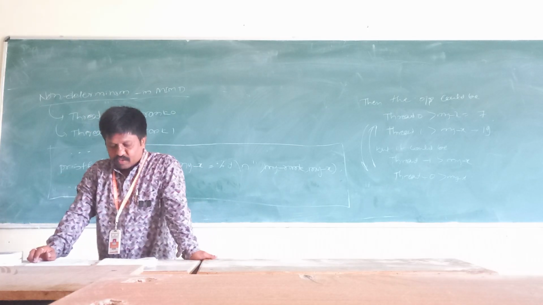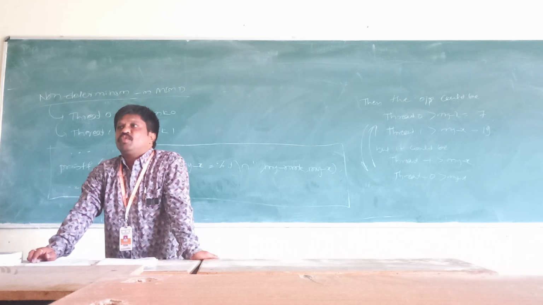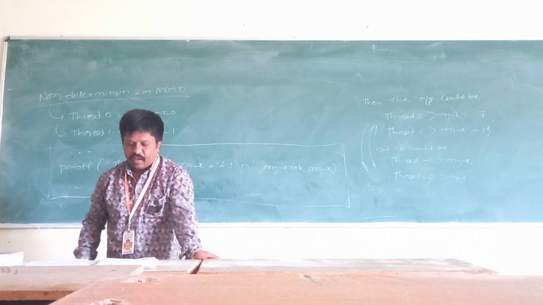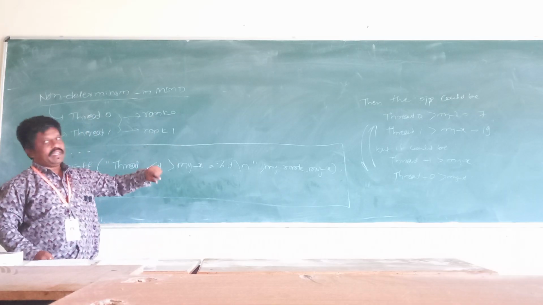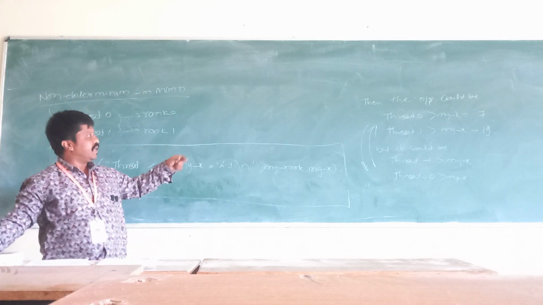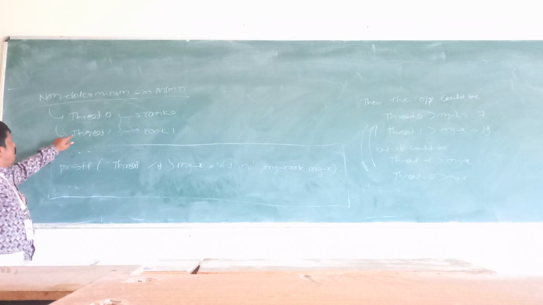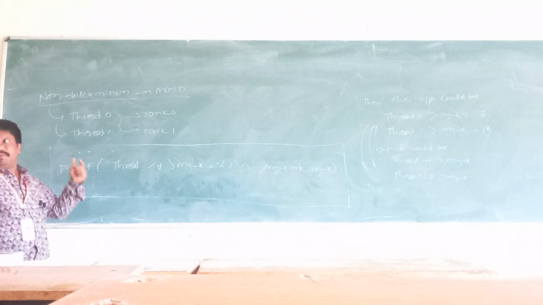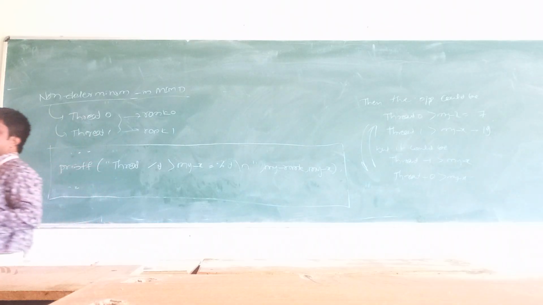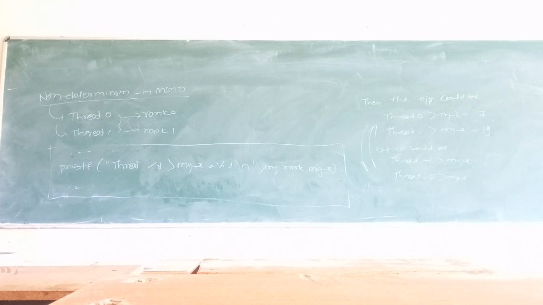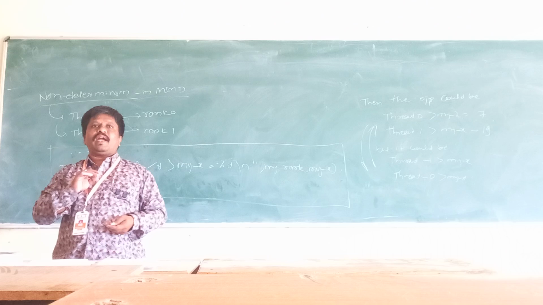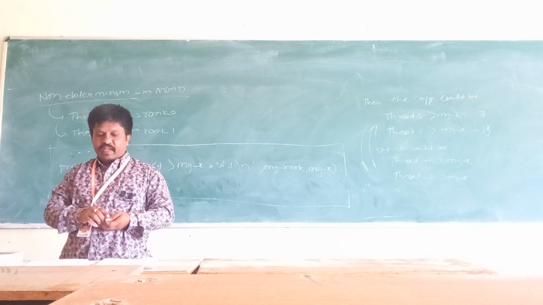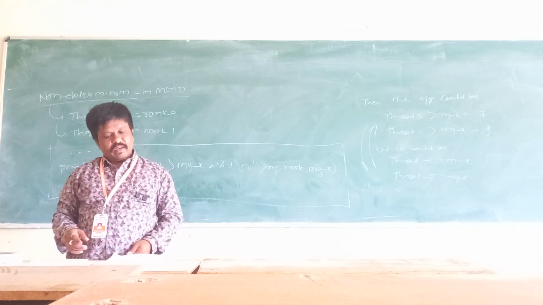Because the threads execute independently from one another, the time can vary. We can predict the value if they are executing serially: thread 0, thread 1, thread 2, thread 3. If it executes serially, we can predict the time gap between one thread and another. If it is executing randomly, then the time cannot be predicted. This is also one of the non-determinisms.